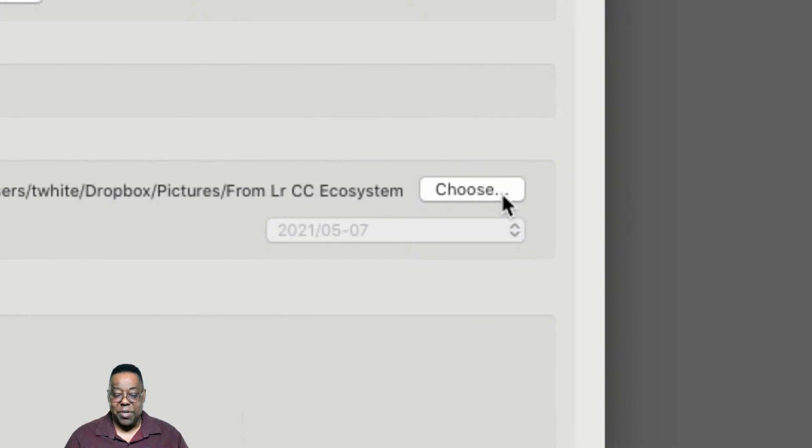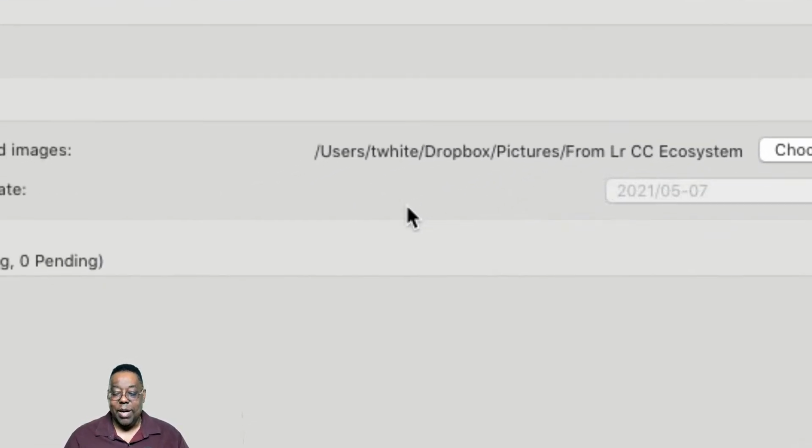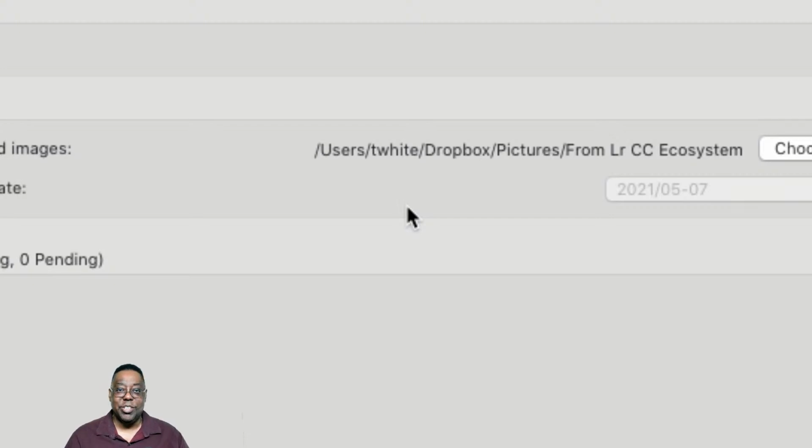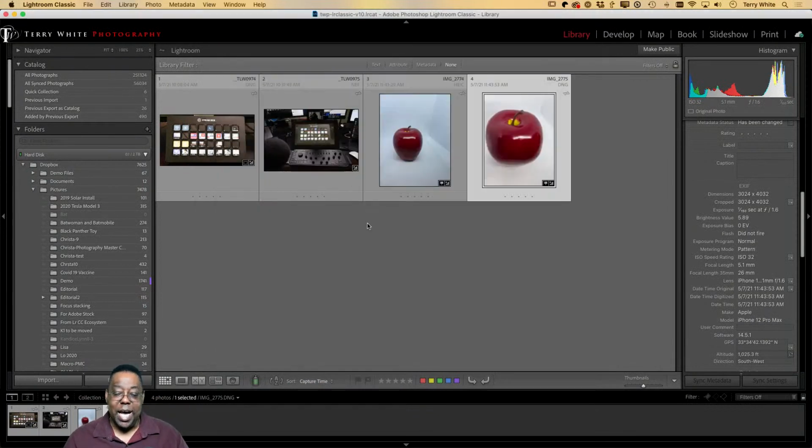In other words, I chose a folder a couple years ago when this feature came out of where I would want those images to be placed, whatever drive I want them, whatever folder I want them, when they come down from the cloud. Because if I take a lot of images with my phone and I bring them into Lightroom on my phone and they sync up to the cloud and then they come down into Classic the next time I open Classic, I want to know where they are. I want to know where it puts them. So I've got a folder on my hard drive.